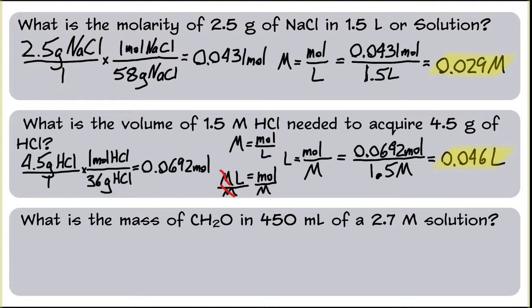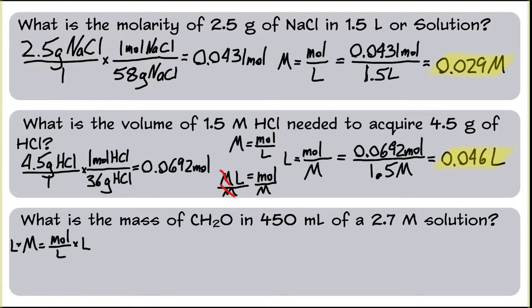Okay, for our last problem, it says, what is the mass of CH2O, that's formaldehyde for those of you in the know, in 450 milliliters of a 2.7 molar solution? Okay, well, let's see. We know that molarity is equal to moles over liters. So therefore, if we multiply both sides by liters,